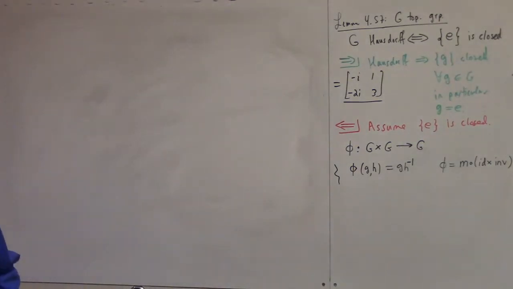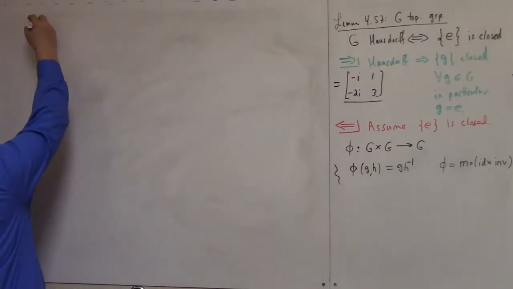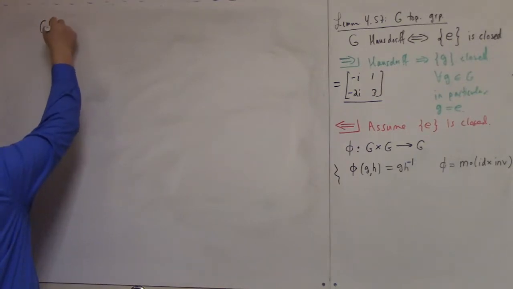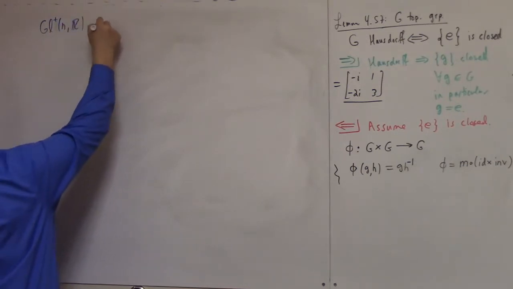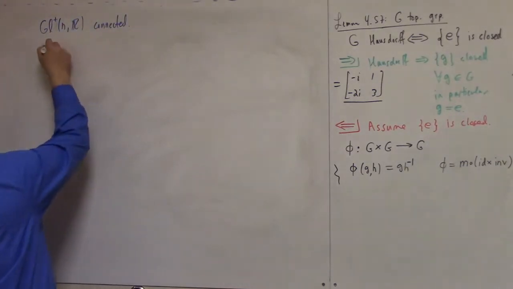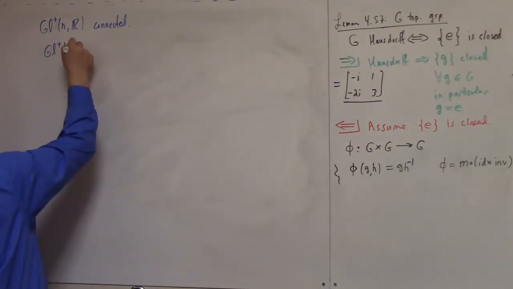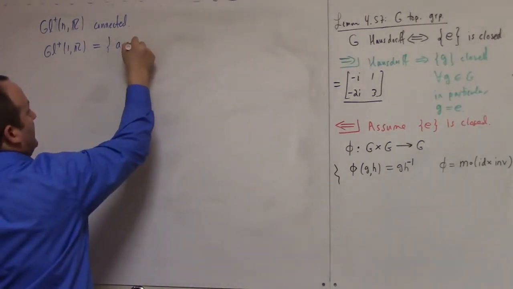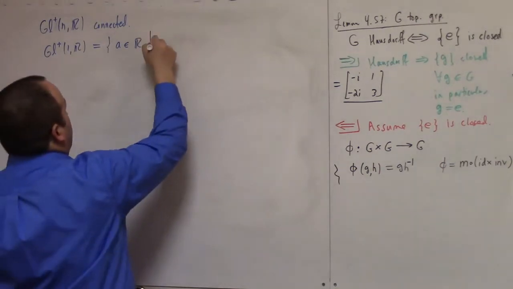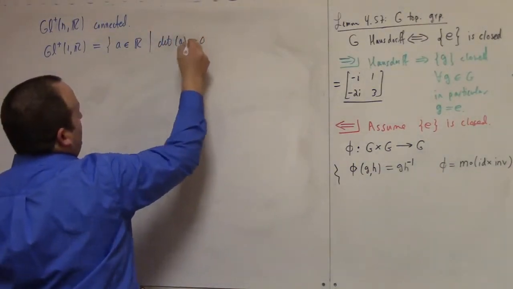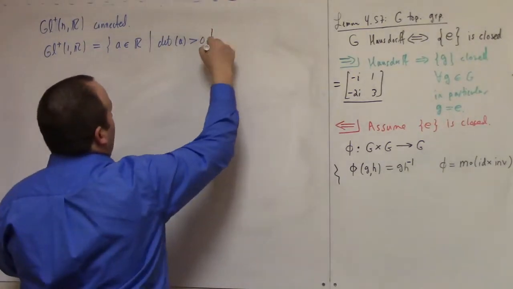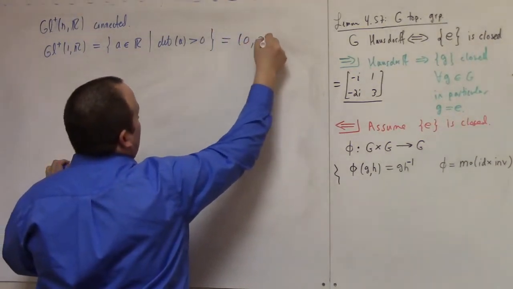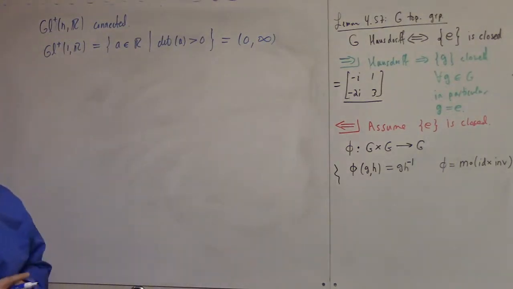All right. So what was our claim? I guess we want to look at why GL plus of R is connected. So the first thing is GL plus 1 R, what is that? That's just the set of A in R, because 1 by 1 matrices just identify with R, such that the determinant of A is greater than 0. But the determinant of A in the 1 by 1 case is just A. So this is exactly this, and that's an interval, and that's connected